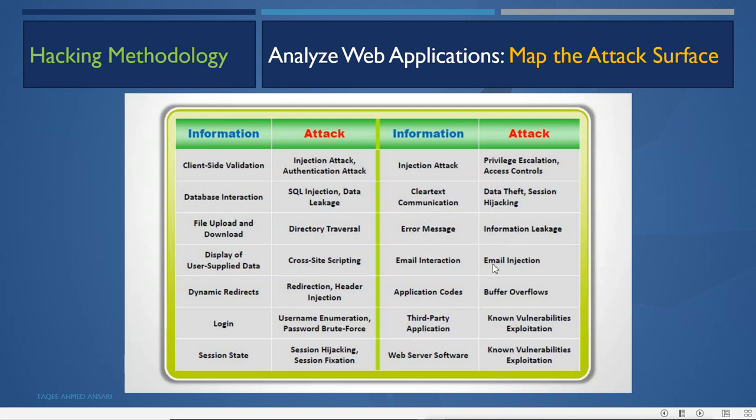Application code can be used to do buffer overflow. Third party applications and web server software are used for known vulnerability exploitation. So these are the information with these attacks, and using this information, we can map the attack.